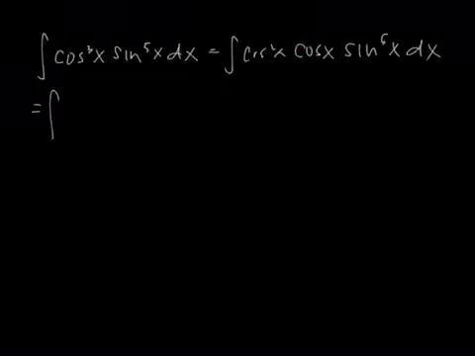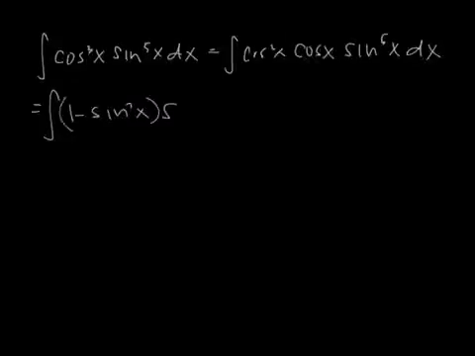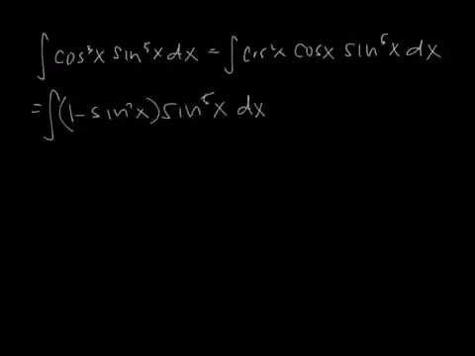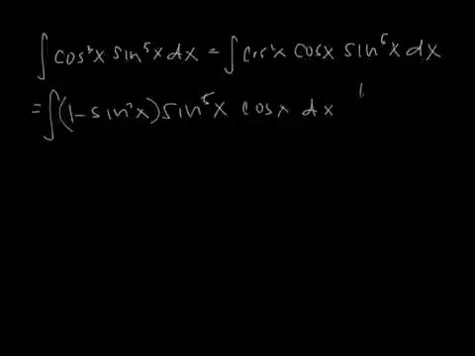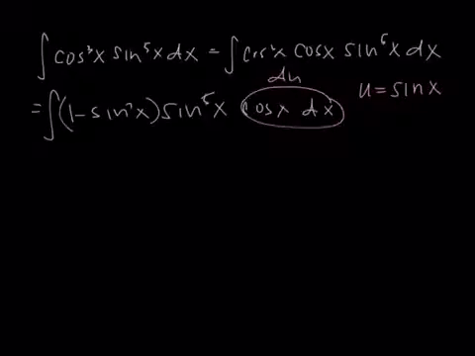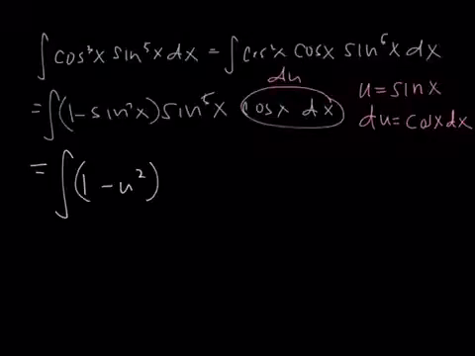So here's the magic. 1 minus sine squared of x times sine to the 5th of x dx. Oops, forgot the cosine. Cosine x dx. I will use a u substitution of sine of x. Why? Because the sine of x is the inner composite, and that piece is about to become my du. So that du equals cosine x dx, and now the integral of 1 minus u squared times u to the 5th